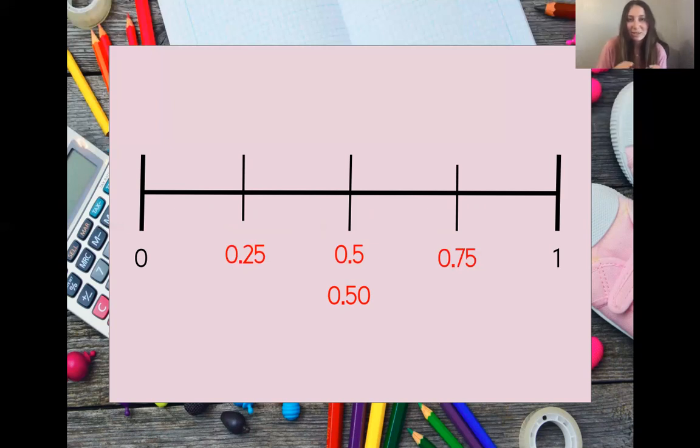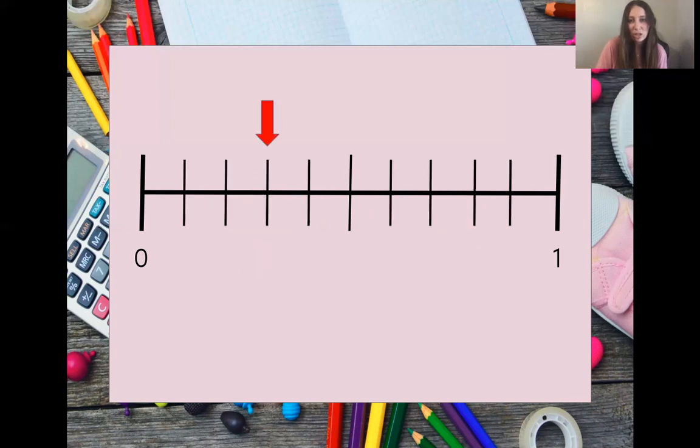Okay, now that we've established that, here is your challenge. I want you to write down what decimal belongs on that part of the number line where you see the red arrow. Pause this video and play it again when you have your answer. Okay, hopefully you put, drumroll please, 3/10 or